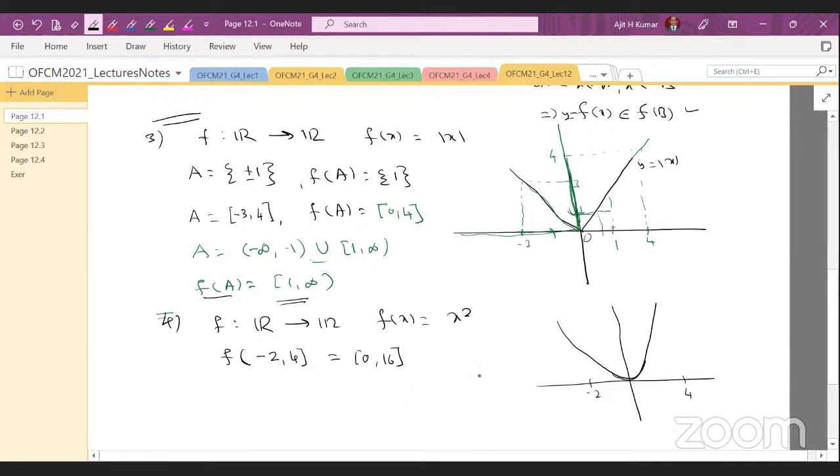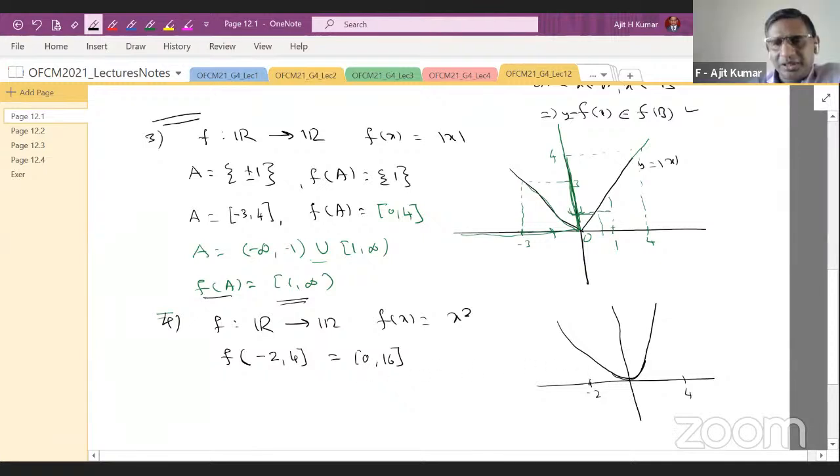That's correct. Because again, you see, from -2 to 0 this is what happens, right? So of course it will take 0, and then here it will not take this. What is this going to be? This is going to be 4. My drawings are not that good, but this is going to be 4 here, right? And this part is going to cover 0 to 16. Somewhere here it will be 16. So the whole thing is going to be 0 to 16, right? Or how do we